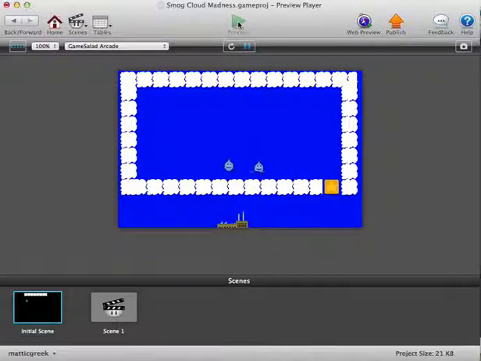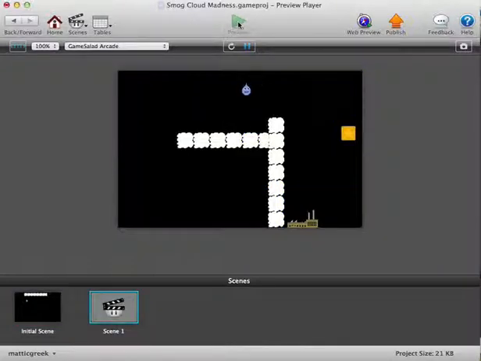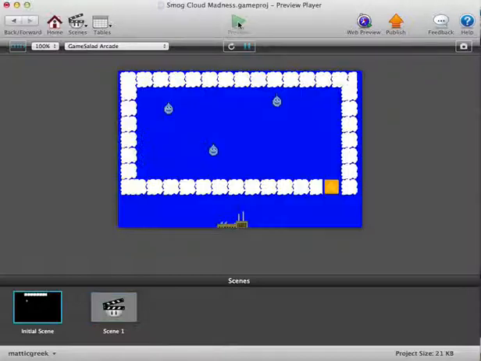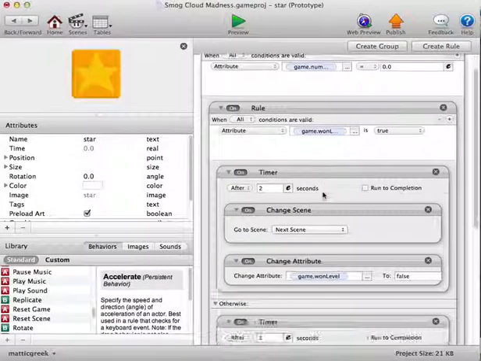So here I'm beating the level. I made one to the goal, so I can lose the others. It doesn't matter. I move to the next level, the next scene. Now I'm going to lose my raindrop. Then the scene restarts. And of course that's true in the first scene as well. So if I lose all of them, then it restarts. Perfect. And of course you can play with the timing and do whatever you want, but that's the basic idea. We've established a win condition and a lose condition,